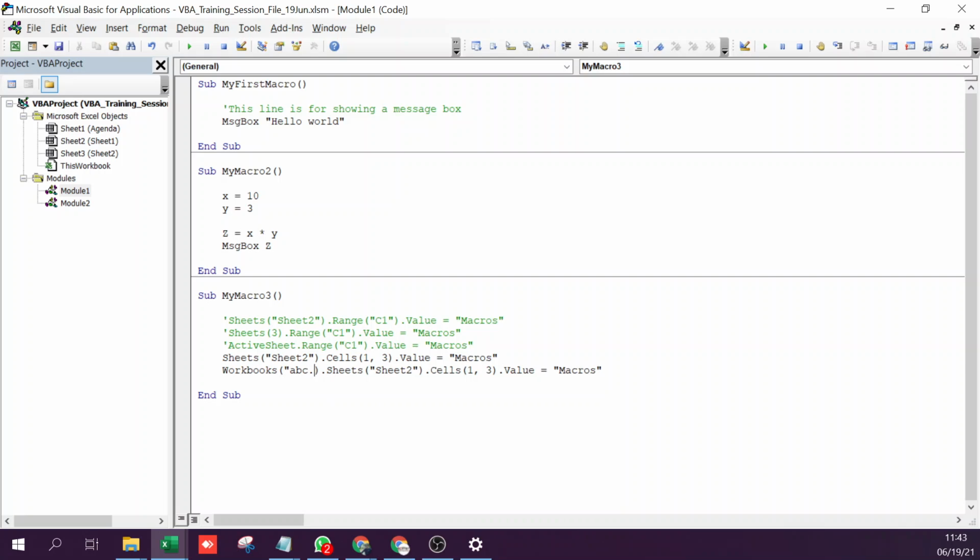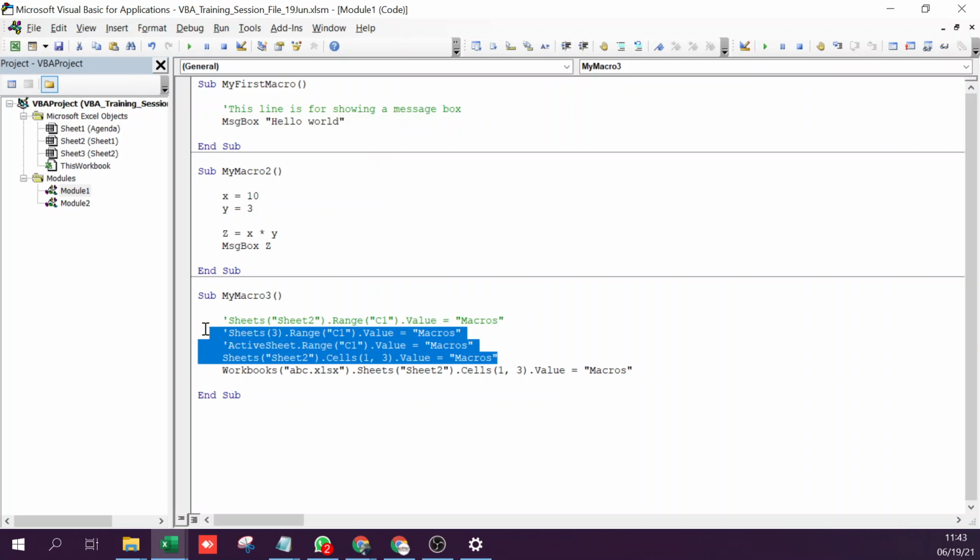Say abc.xlsx or whatever the file is. This is how you will reference another sheet of another workbook altogether. Otherwise, if you don't write this, by default, it will always consider the current workbook.